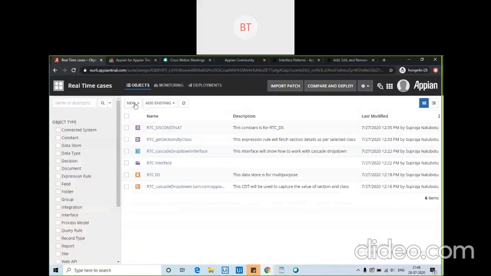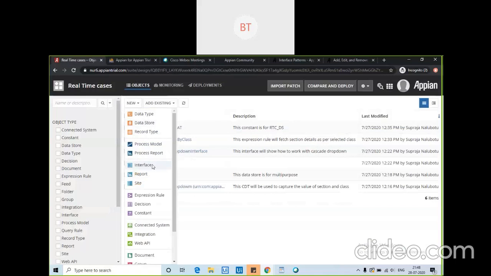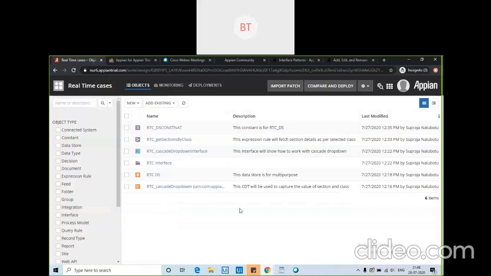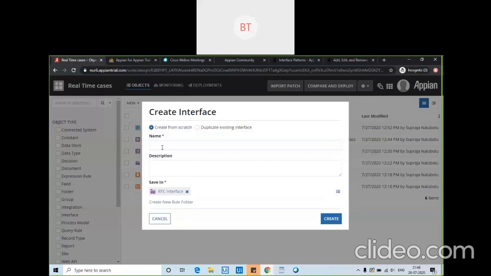So I will be creating one interface. C underscore read only grid.